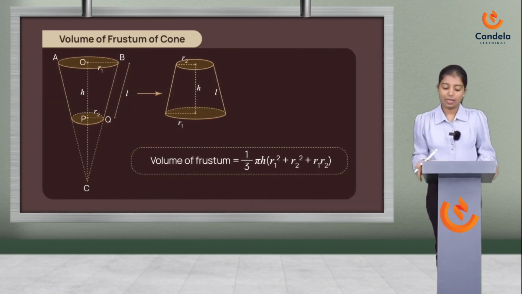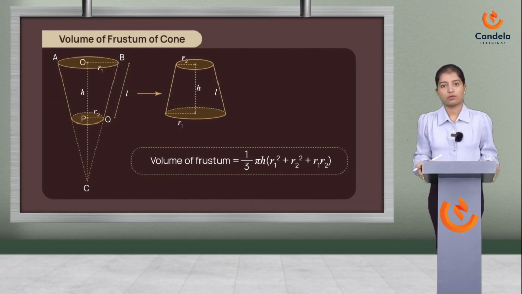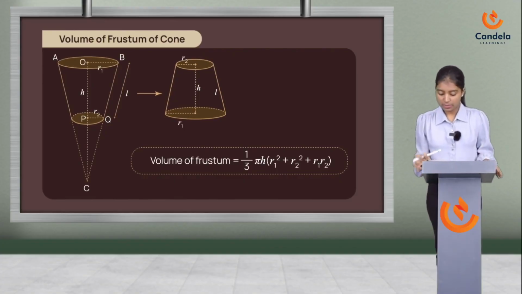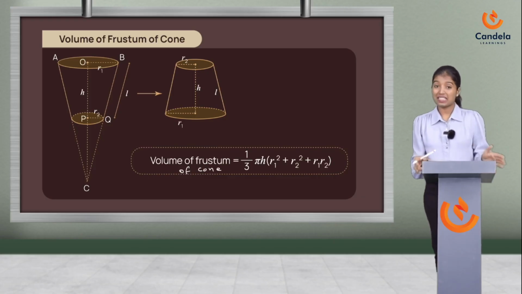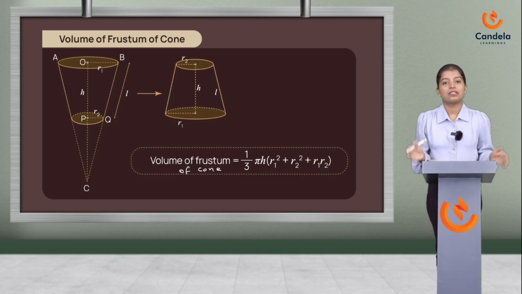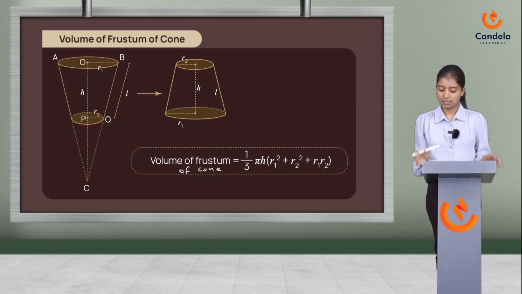Now let's talk about the volume of frustum of cone. So volume of frustum of cone will be equal to 1 by 3 pi h into (R1 square plus R2 square plus R1 R2). So yes, these formulas are derived from the idea of similarity of triangles. So we don't have to learn the derivations here, just use the formula to find the surface area of frustum of cone and the volume formula to find the volume. Moving ahead,